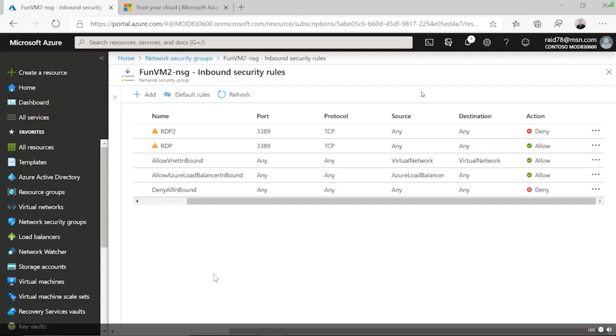Now, one thing I want to show you, and it's a little bit extra, I don't know if it's on the exam, but quite frankly, this is about skilling and teaching you. When you start working with network security groups, my friends, how do I get around? How do I work with this?